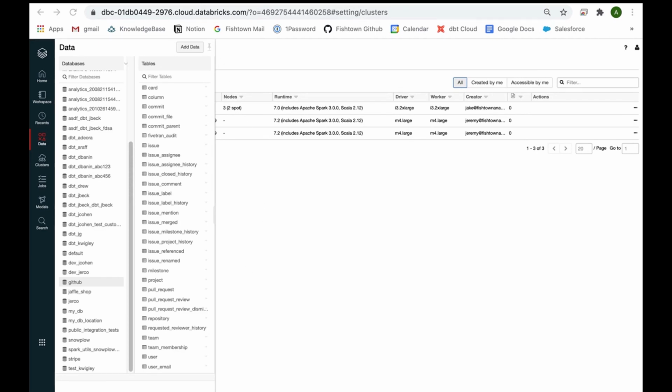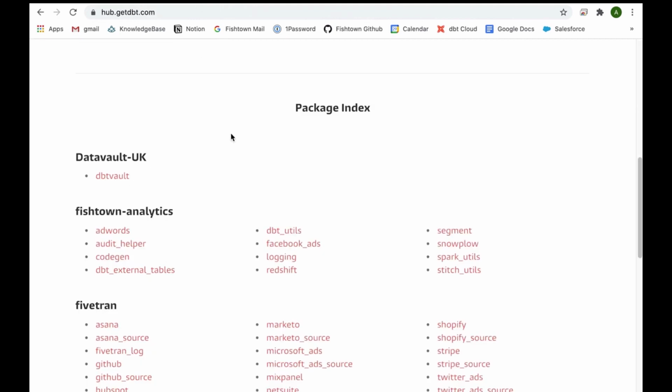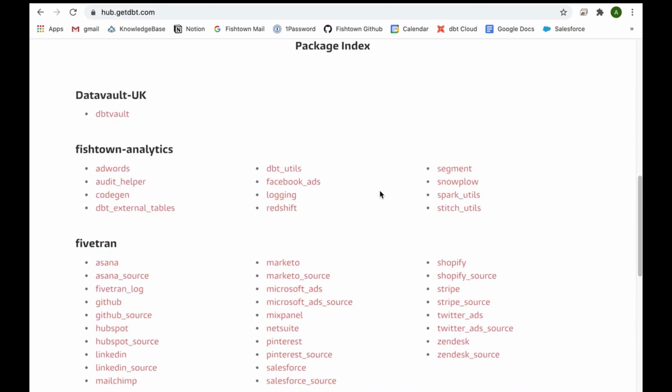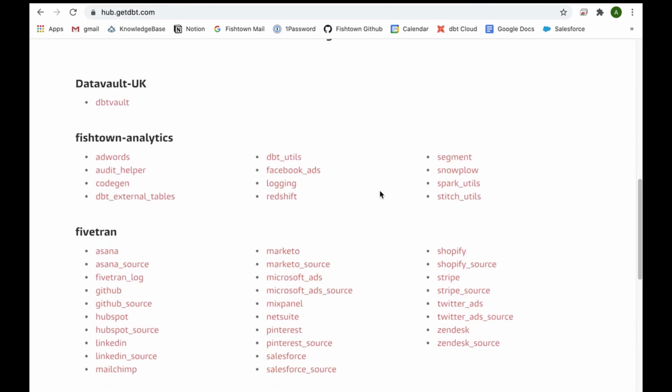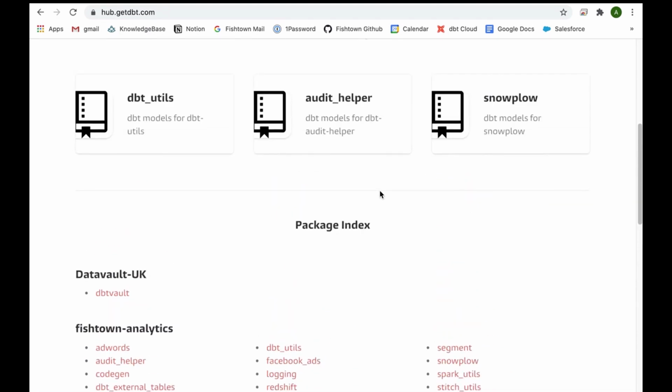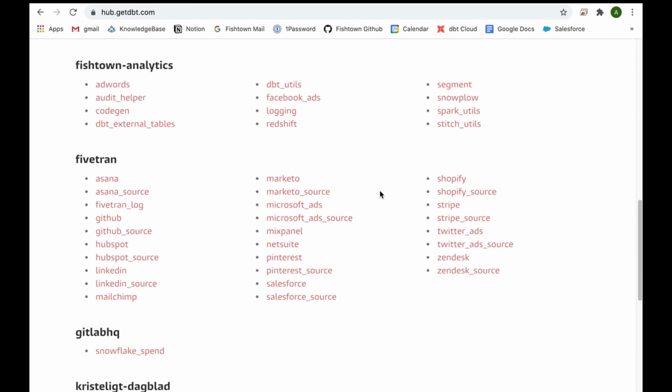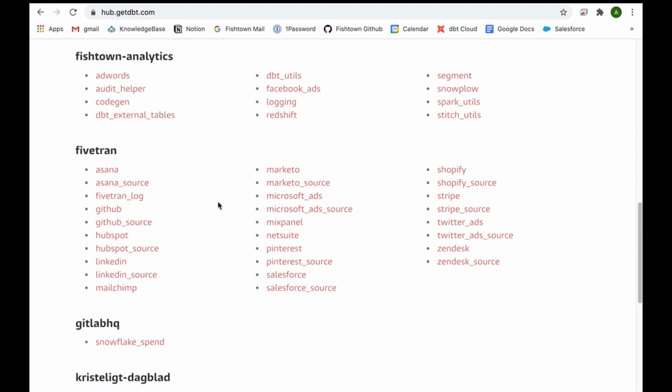So I'm going to go to the dbt Hub and look for a dbt package that would help me. So what are dbt packages? These are open source utilities that help you do really common steps in your data modeling. There are two types of packages. One is just utilities that help you do common things in projects, like work with dates and times. And then there are packages that actually help you model data. They're built to put together a set of pre-made data models on the type of data that comes into your destination in a particular schema.